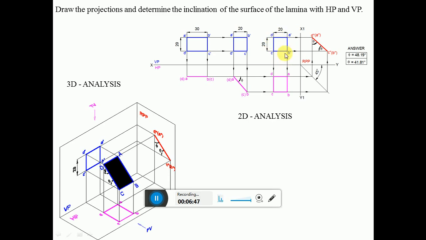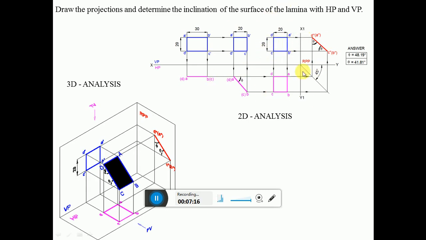Once it is rotated by 90 degrees, you rewrite the sketch here, then project a vertical projector from A dash and B dash, which is A is here, so A will get here, B is here, B will get here. Similarly, draw a vertical projector from C dash and D dash here, and D is here, you project this till you get the point D, and C is here, you project this till you get the point C. Then write the profile view. How to write the profile view?